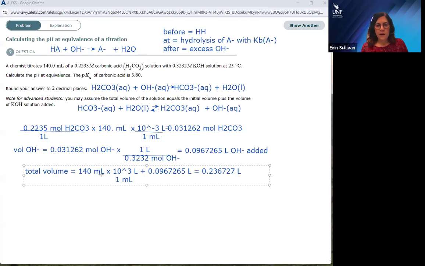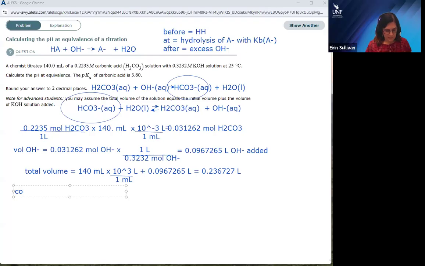That's fine. Okay. So now what I need to do is work out my initial concentration of my bicarbonate before that hydrolysis reaction starts. So I'm working out what we're starting this reaction with here, which is why I needed the total volume. So my initial concentration of my conjugate base, my hydrogen carbonate ion, is going to be